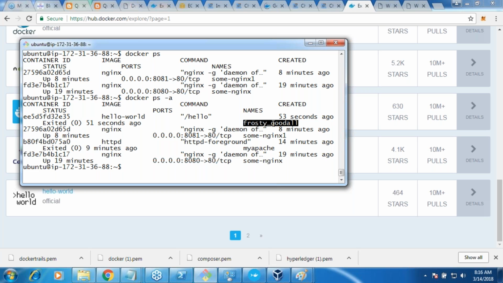Remember that, a container cannot be without a name. If you give a name, it will try to create a container with that name. If you don't give a name, Docker will give some ad hoc name to it. Basically the name of the container and the ID of the container cannot be the same. Two containers cannot have the same name or same ID. Remember that.